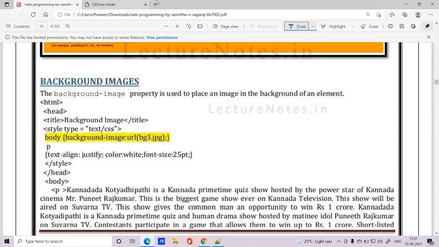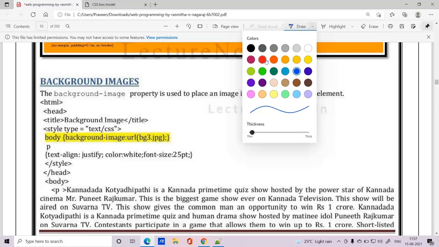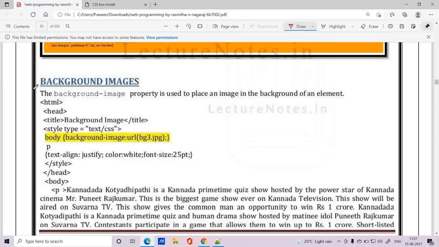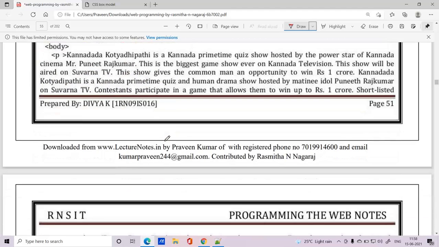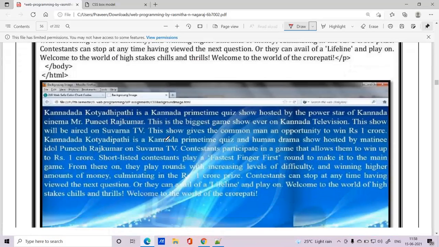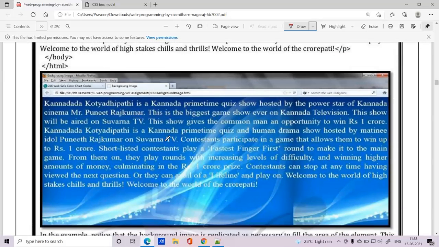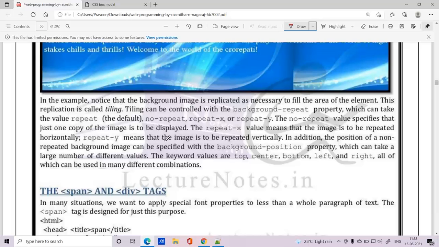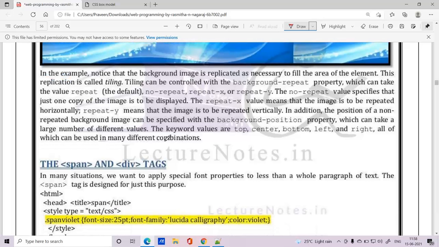And coming to the next thing, when you want to add an image for your web page, we'll be using the body tag. For the body tag, we will be representing background-image, and it will be followed by a URL. So whenever I use this, whatever image you have mentioned will be acting as the background of your web page. Okay, so that is how we can add a background for your web page.